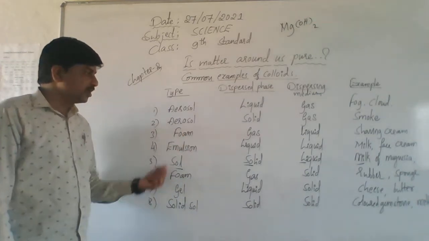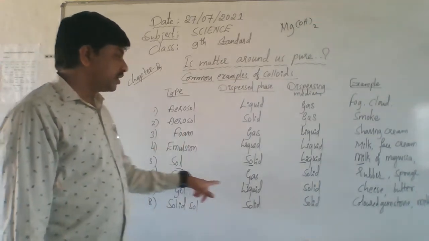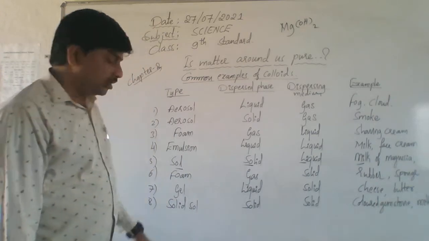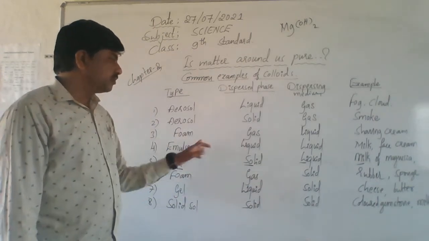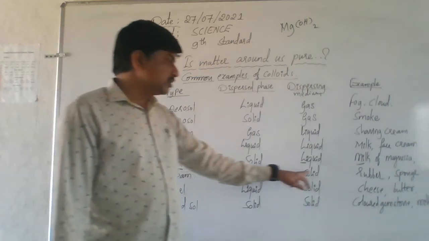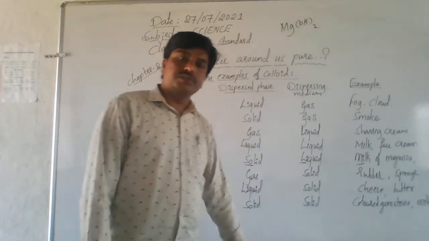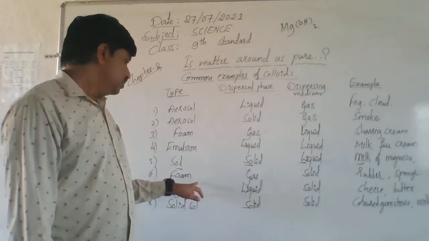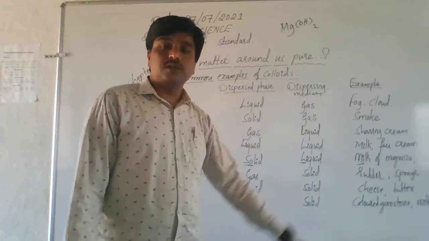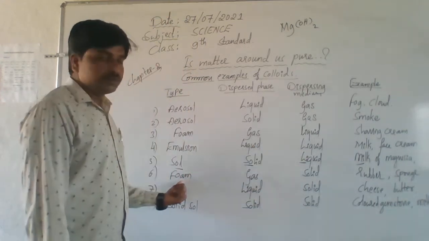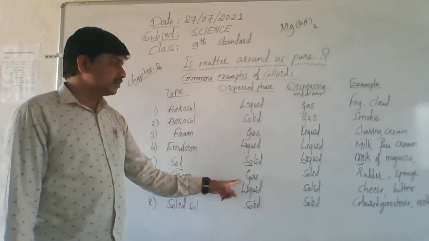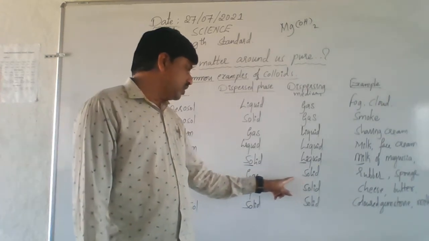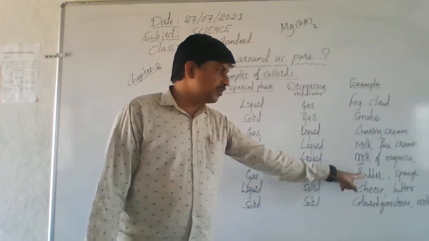Same again, foam is there. Understand? See, here there is gas in solid. Here foam contains gas in solid. Same thing, foam. Here the best examples are rubber and sponge. Rubber and sponge are best examples of this foam. Same kind. So what is it? Gas in a solid. Gas and solid, that is the best example of rubber.